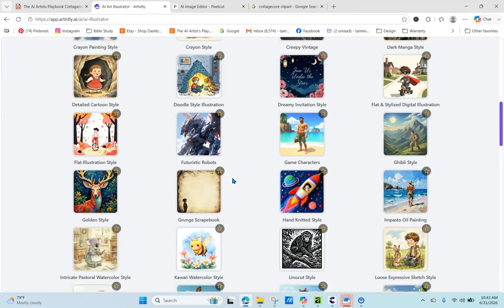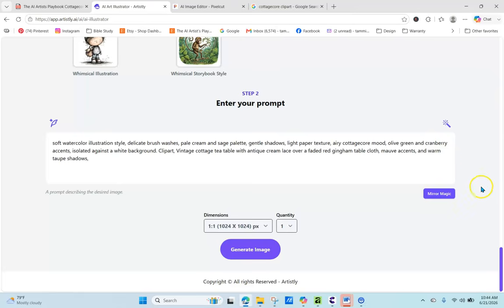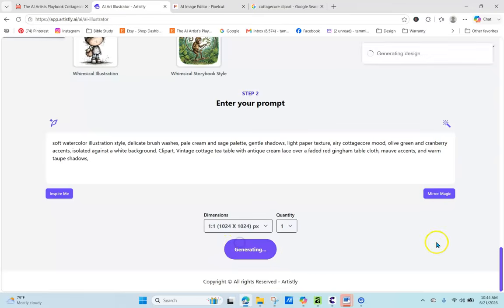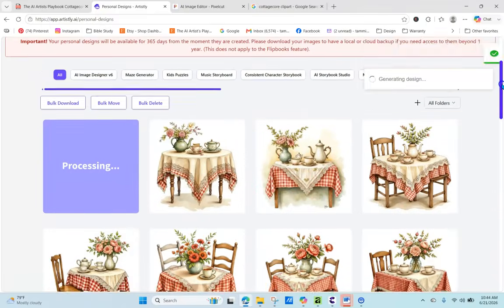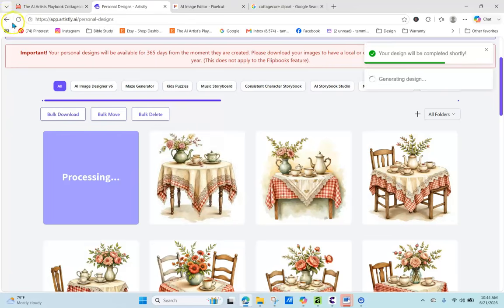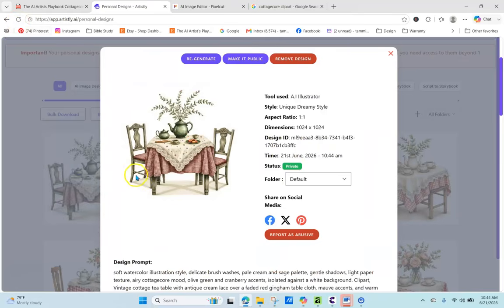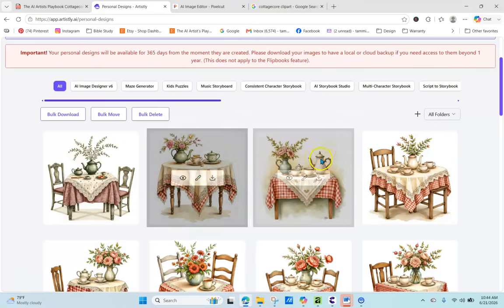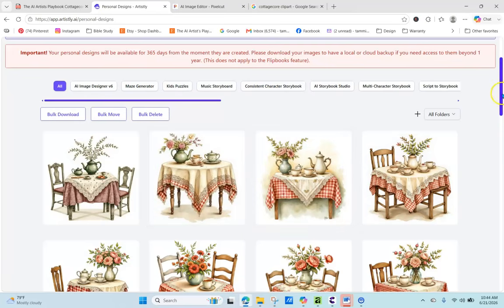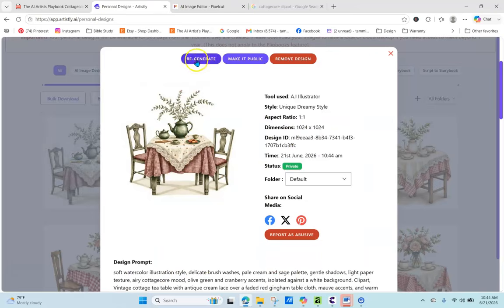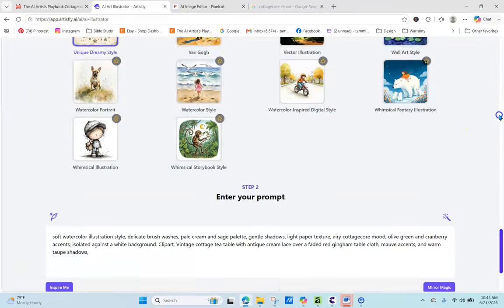So let's go now to a different, that one was using this style. Let's try this one with it and show you what it comes up with. Because sometimes it's the individual generator that has trouble with refined prompts. Okay, so this one's going to do the same thing. Still going to put the floral there. And I really like this version better. So we're going to try it also in